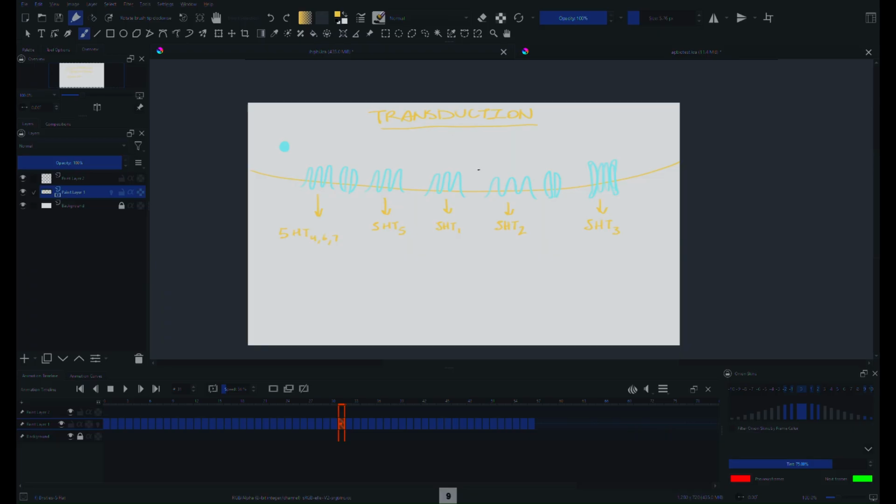In transduction, there are 7 different families of serotonin receptors with 14 different subcategories. One family, 5-HT3, only has one subcategory of the 14, and it is the only one that is a ligand-gated ion channel. The rest are G proteins, and